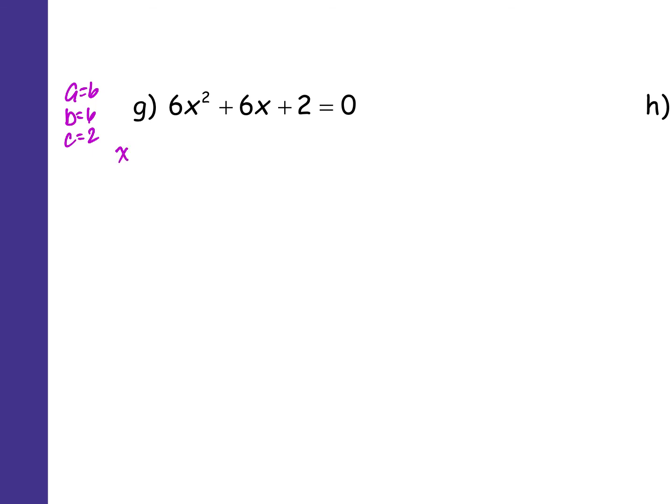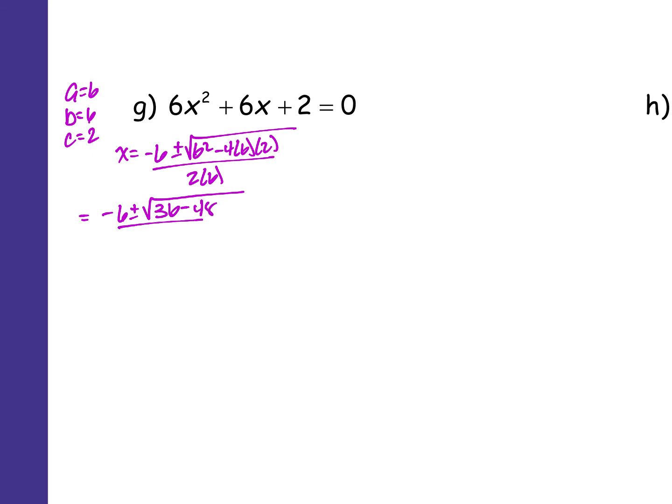So I've got X is going to equal negative 6 plus or minus the square root of 6 squared minus 4 times 6 times 2 all over 2 times 6. Whew. So that's going to equal negative 6 plus or minus the square root of 36 minus 48, all divisible by 12, which is negative 6 plus or minus the square root of negative 12 all over 12, which is going to equal negative 6 plus or minus